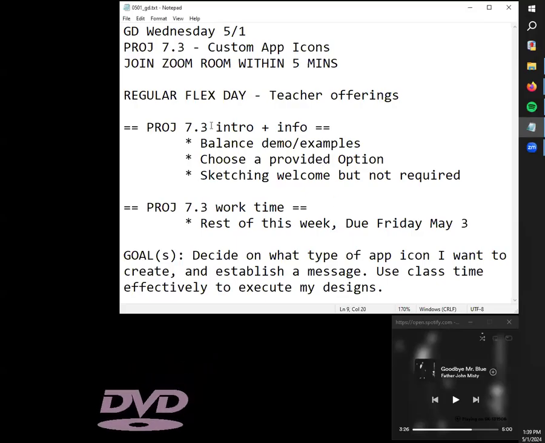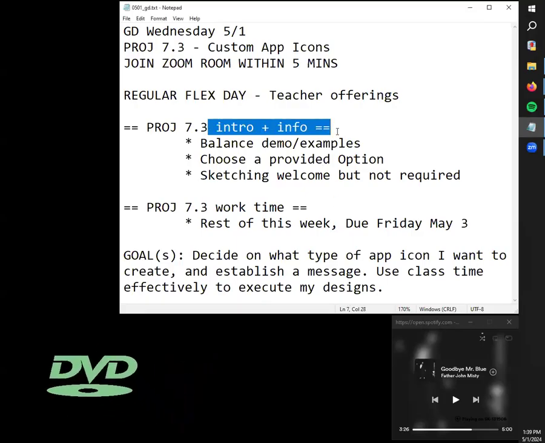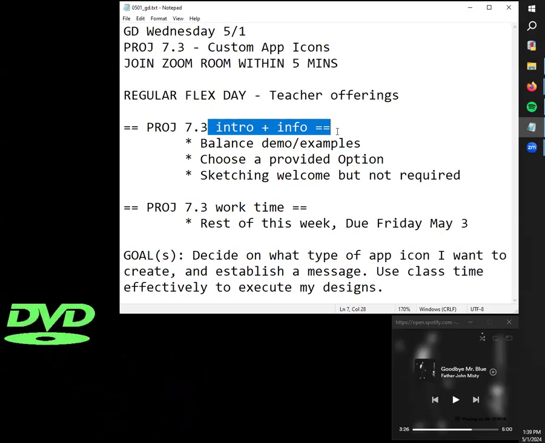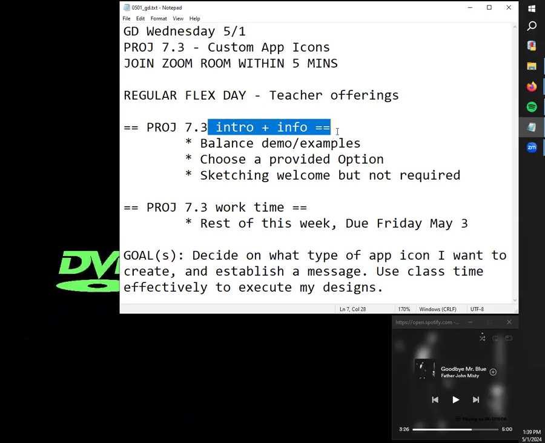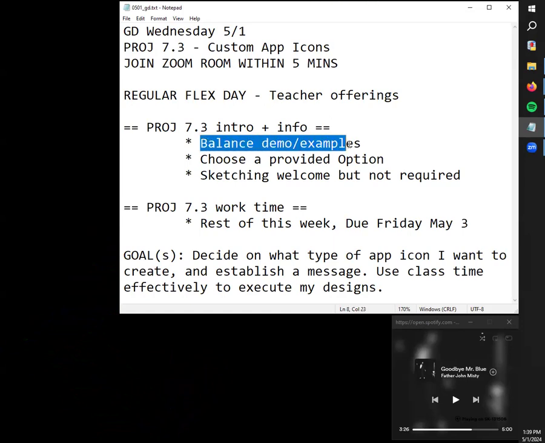7.3. Got some introduction and some info, and then I have Thursday and Friday designated as work periods, just helping y'all individually as I need to, letting you guys kind of experiment, do some type of stuff. 7.3 focuses on using negative and positive space, as well as the concept of balance. Finding balance between those two things is a very key graphic design